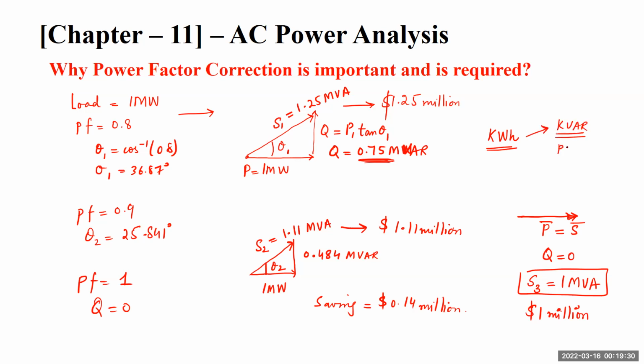So this is a penalty that is usually imposed, because the utility companies measure this reactive power across those industrial units, and if that reactive power is greater, or if the power factor is below 0.9 or 0.8, whatever the standards that country or place is following, there is a big penalty